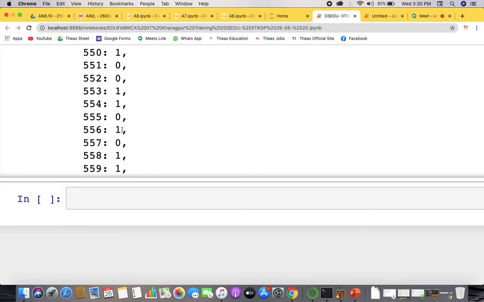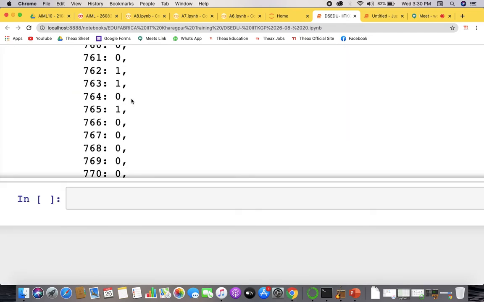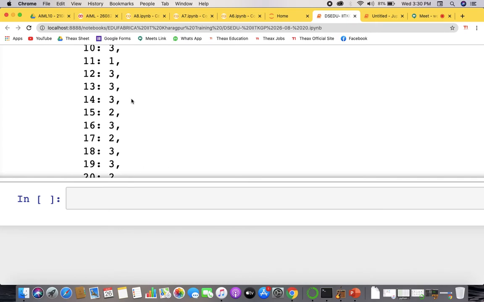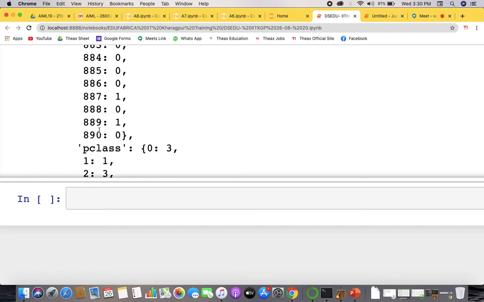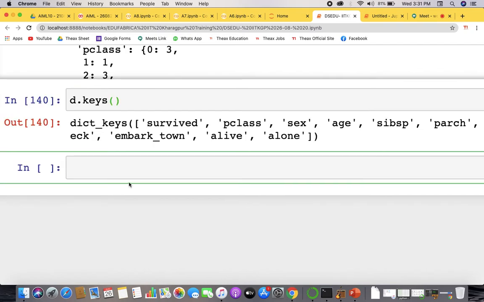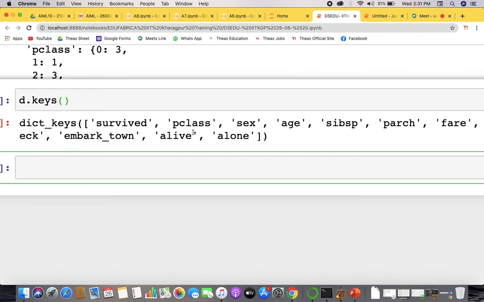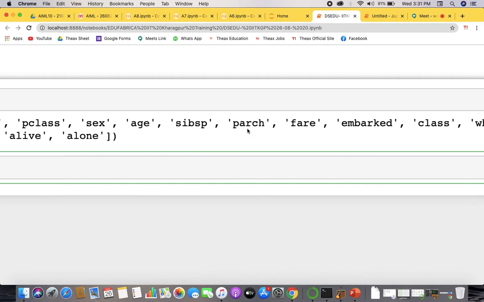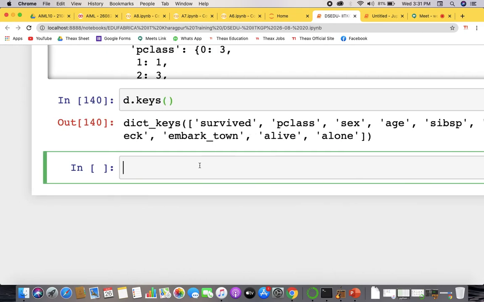Yep. So 890, and after this another key came as P class, with other values. So if we just look at the keys of this d, we find it to be survived, P class, sex, age, sibling, parts, and all of the things as the keys.